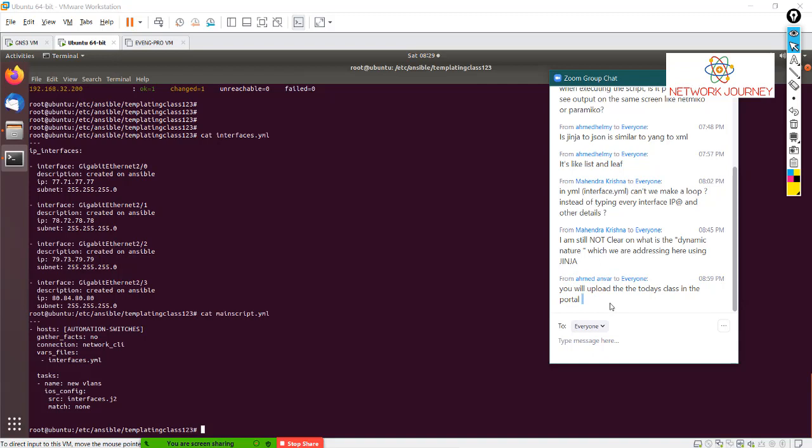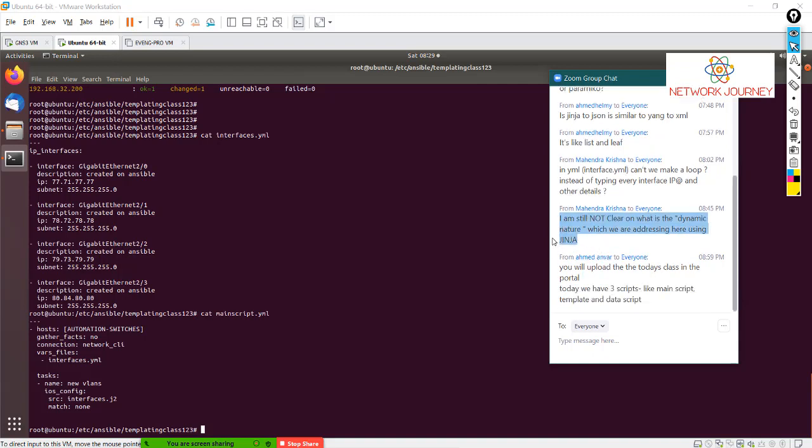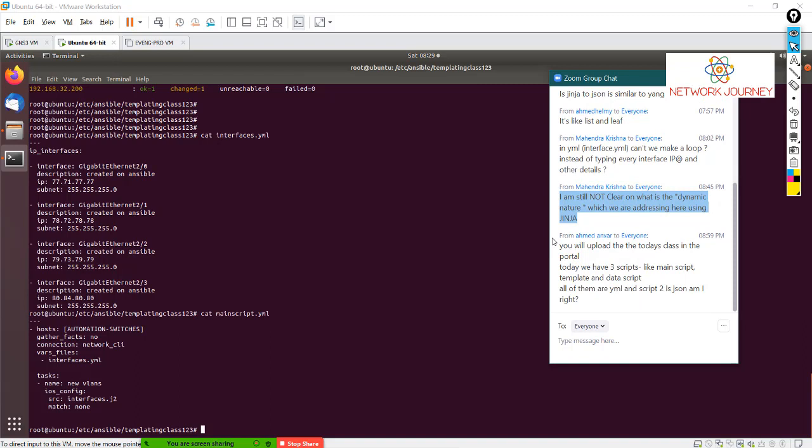Yeah, I'll upload. So the question is, I understand we are writing blocks of code here, which is useful for executing a specific part of the block, which is not there in normal Python. But apart from that, the dynamic nature always depends on the kind of input file we provide, right? For example, in the previous examples, whenever we executed the scripts, we used to take that host.txt file, which